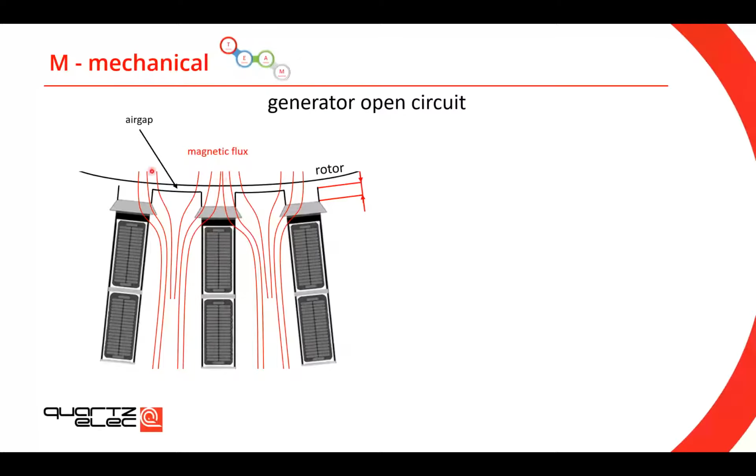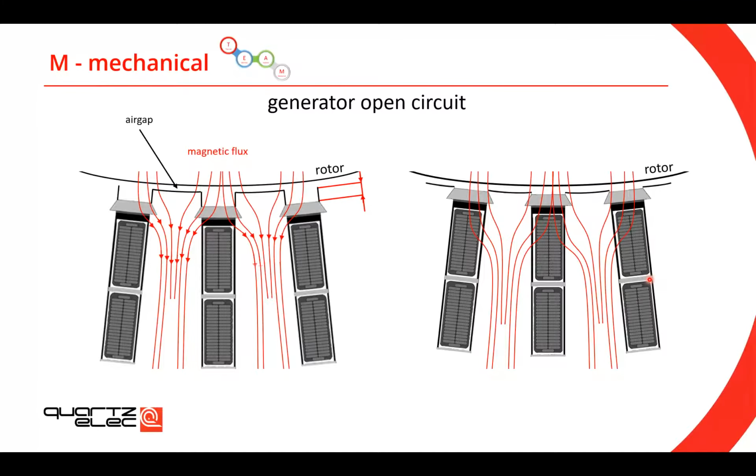So, if this is your rotor, that line there is your air gap, and this is your stator, top bar and bottom bar. And the red lines here are the main flux that's coming from the rotor through the air gap into the core. And because the stator bars are sitting quite deep in the slot, you can see that the line of that flux doesn't touch any of the stator bars. And this is what, as designers, we want to achieve.